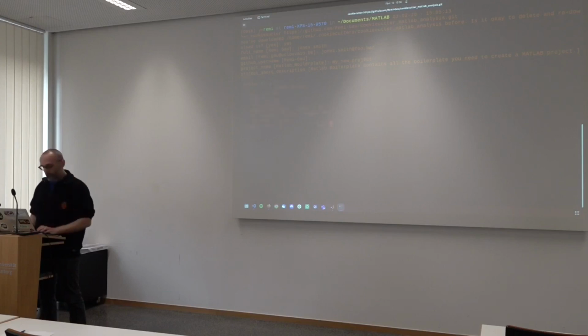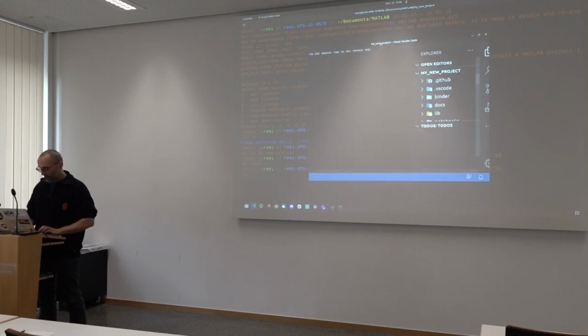Version, you're starting from 0. Which type of license do you want? Let's go with the BSD license. And there you should have a new project that was created where everything is in there. Let's open it in VS Code, so we can navigate.